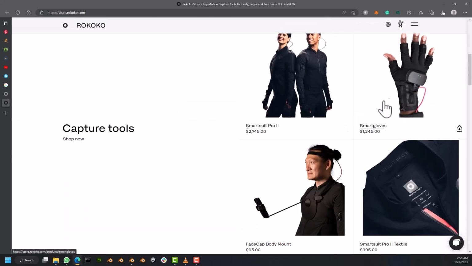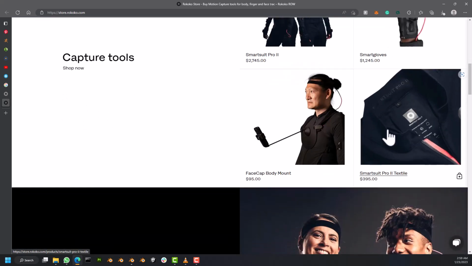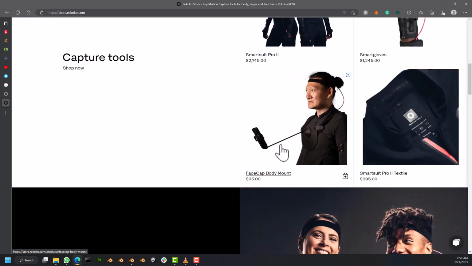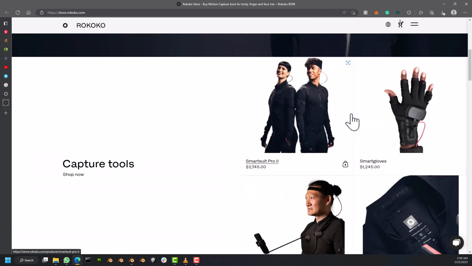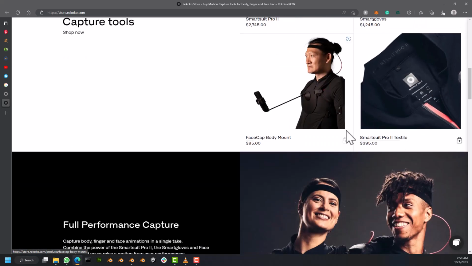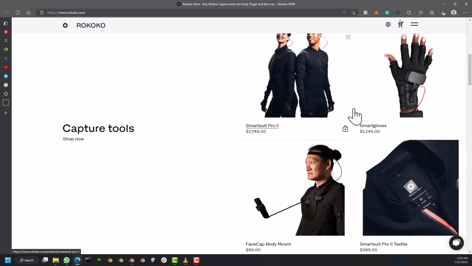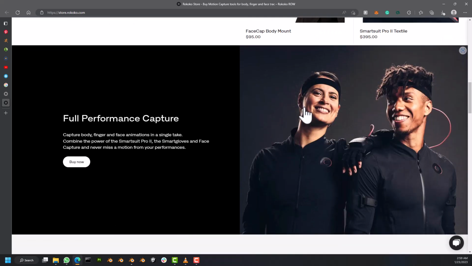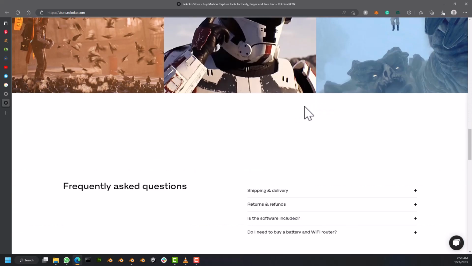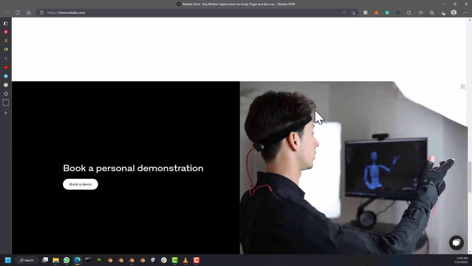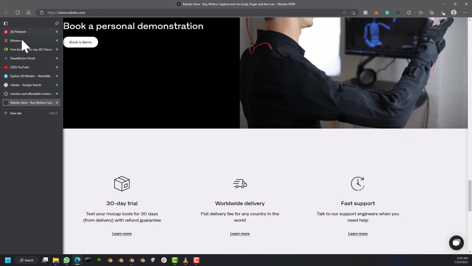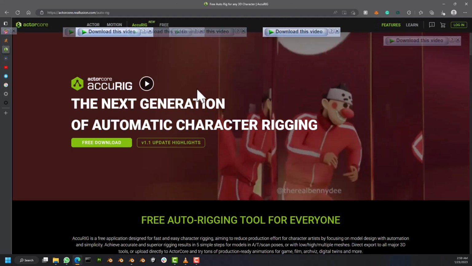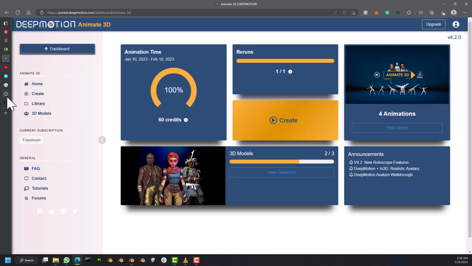All right, so how much is this for the suit alone? This is the glove. They're all separate, so you have to get them separately. There's a face cap, so these are all separate. So I think the total of this will reach, give or take, 5k, plus shipping. If you can afford it, it's fine, you can get it. But if you're my student, I'll be pissed if you get it anyway, because I've shown you a list of especially Deep Motion and Rokoko